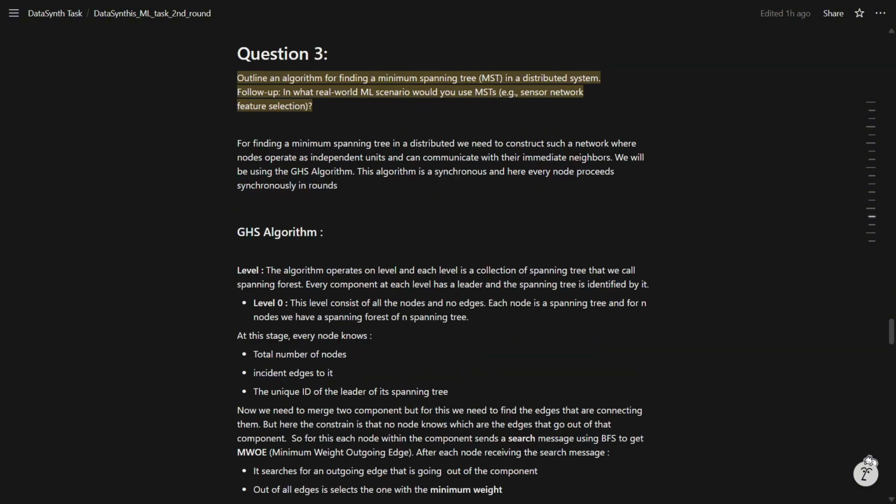Now for question 3, we need to outline an algorithm for finding a minimum spanning tree, MST, in a distributed system. The follow-up question is: in what real-world ML scenario would you use MST? For the answer, we will be using a famous algorithm, the GHS algorithm, which is already built for distributed systems. For finding a minimum spanning tree in a distributed setting, we need to